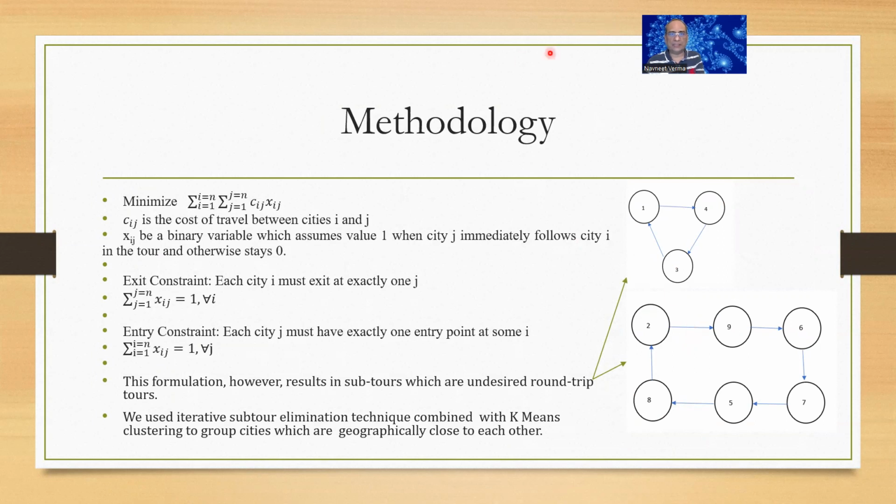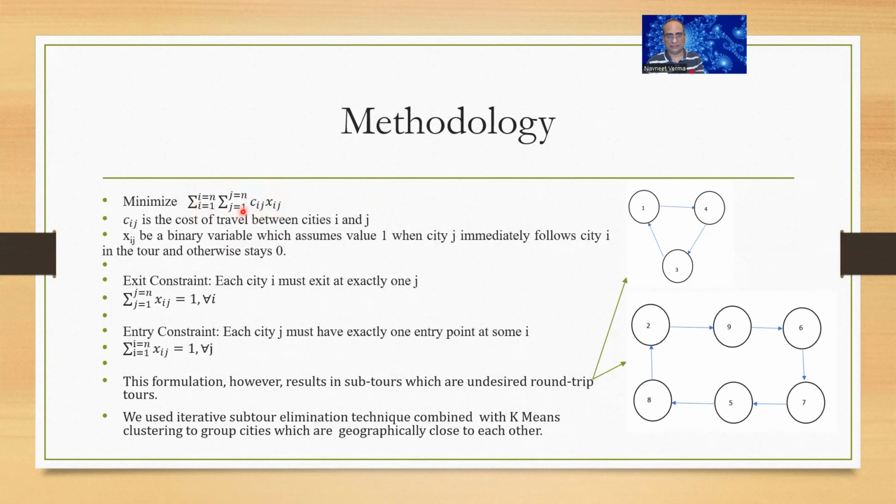So primarily, the methodology used was to use mixed integer programming to solve this particular problem. And mixed integer programming is very similar to Prolog declarative style programming, in which you have an objective or a goal, which is specified by this objective function here. You can see that Cij is the cost of travel between city i and j, and Xij is a binary variable. So Cij multiplied with binary variable Xij is the expression which is summed over for all i and